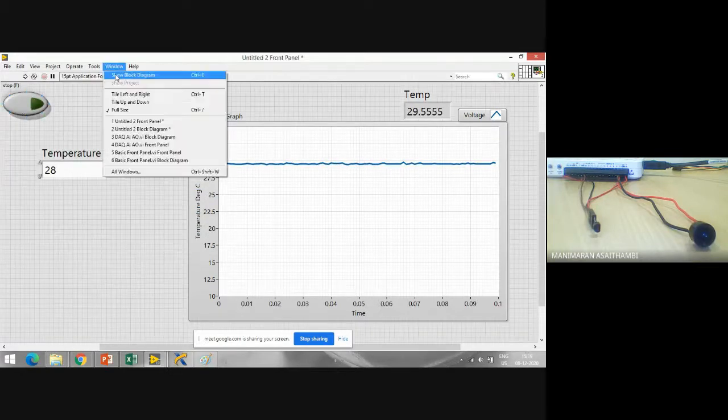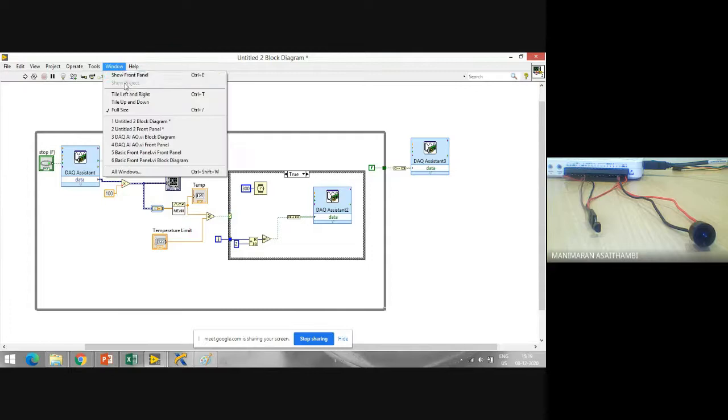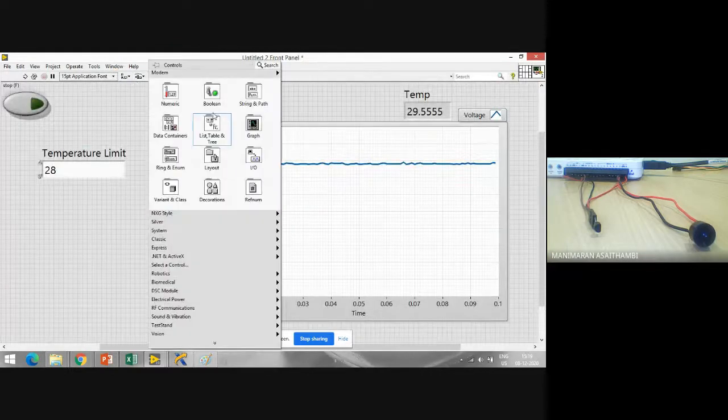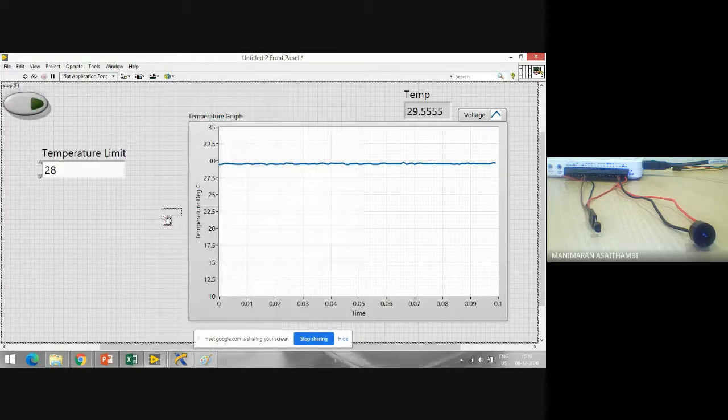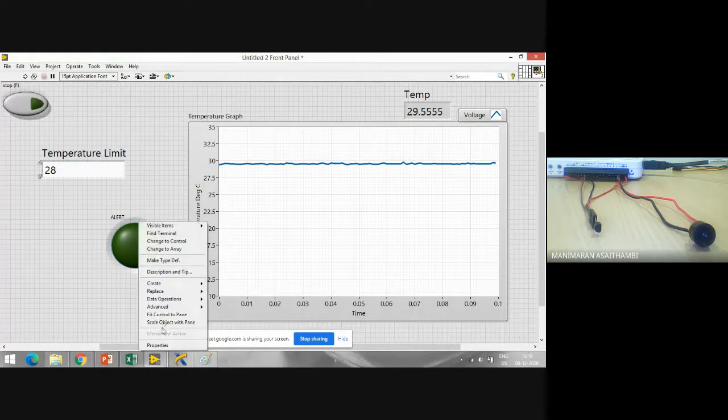So now what we can do is we can customize even more, or we can even make our programs a little bit better. For example, I take a Boolean LED, round LED. I'll say alert. I'll change its color.